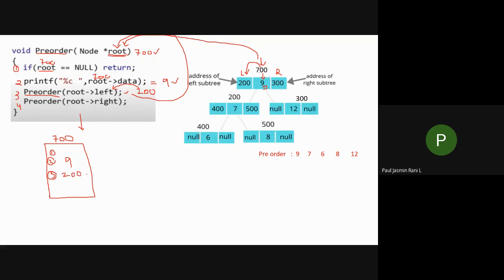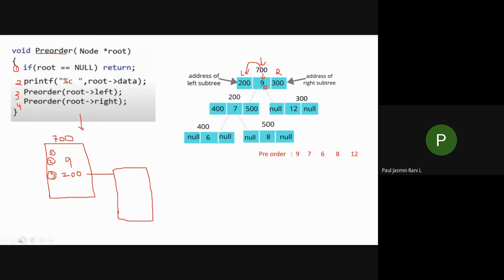And I'm calling the recursion function. When I call this recursion function, once again I'm going to execute this function. I hope you follow this. Once again I'm going to do this statement, and the value I am passing is 200.